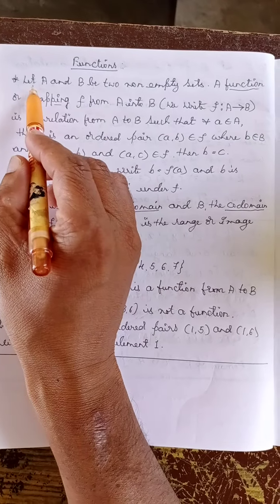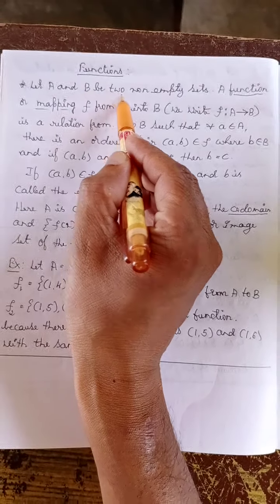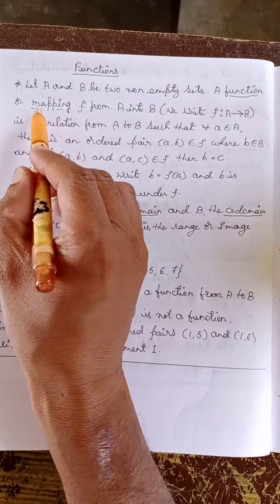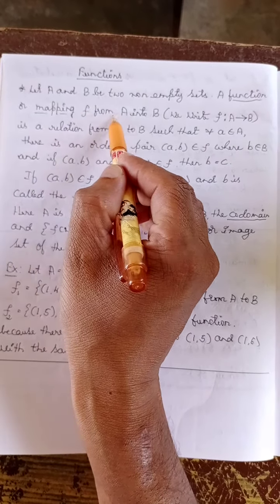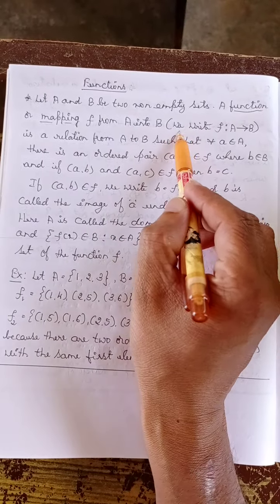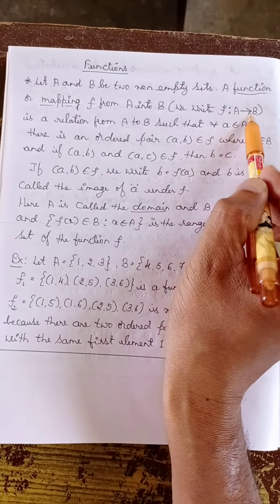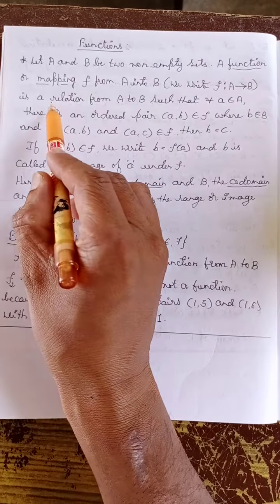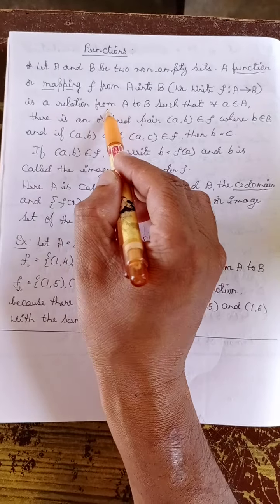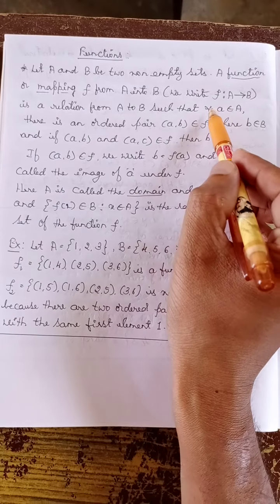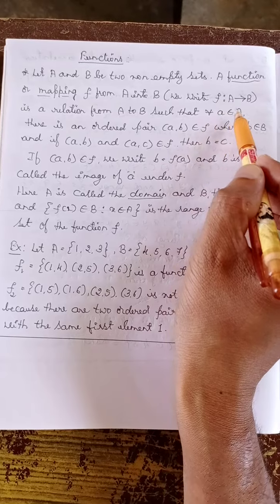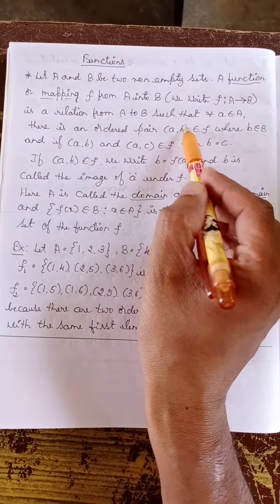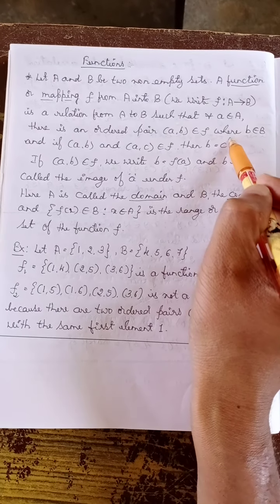What is a function? See here, let A and B be two non-empty sets, meaning A and B contain some elements. A function or a mapping is an F from set A into set B, and we write this as F from A to B. That is, a function F from set A into set B is a relation from the set A to B such that for all a belonging to the set A, there is an ordered pair (a, b) belonging to the function F where the element b belongs to B,